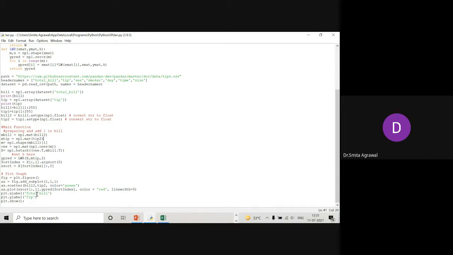The X label represents the total bill, and the Y label, at the Y axis, is tip. So we can draw a plot between total bill and tip by using LWR. Now we can execute this program and see the result on the monitor.